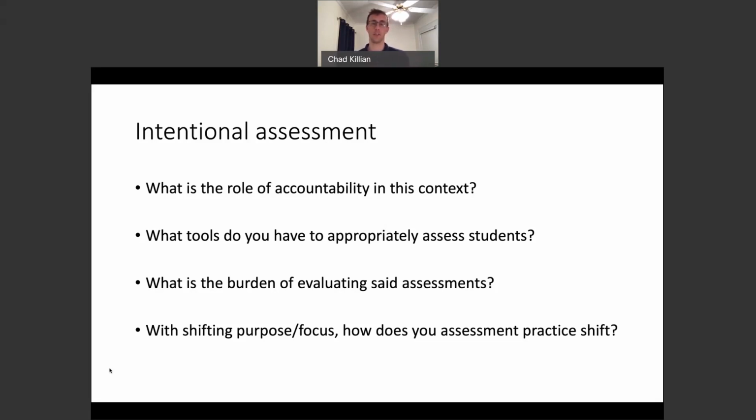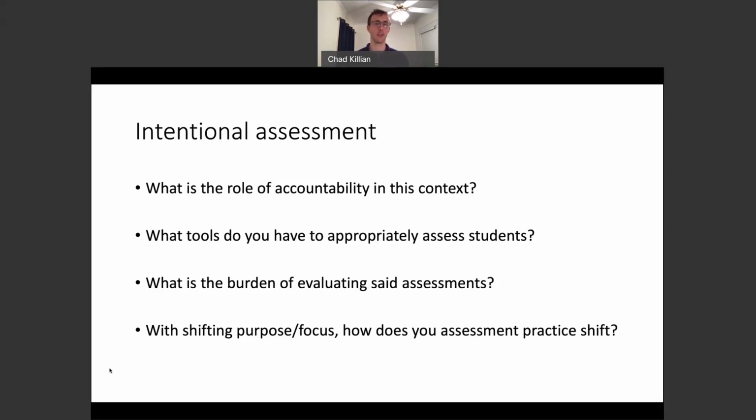A lot of you, if you're like me, when I taught physical education, I had 500 some kids. That's going to be a big burden to evaluate assessments. And so it needs to be an intentional decision about what you're requiring students to do. Because if you're requiring assessments, it's your obligation and responsibility to provide feedback. So keep that in mind as you're deciding how you're approaching this